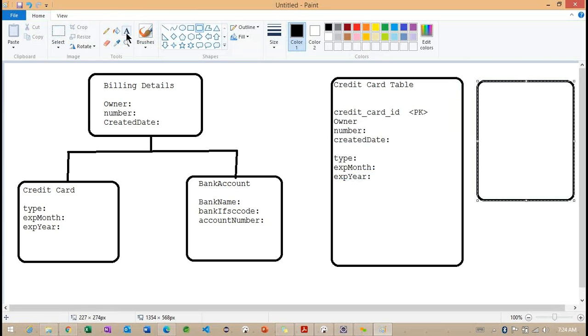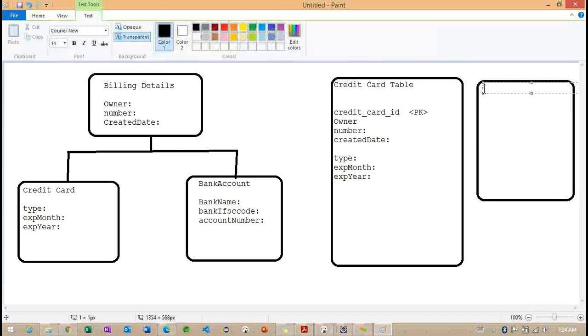If you are going to work with the bank section, how are we going to create it here? This is the bank account table. Bank account ID is the primary key.